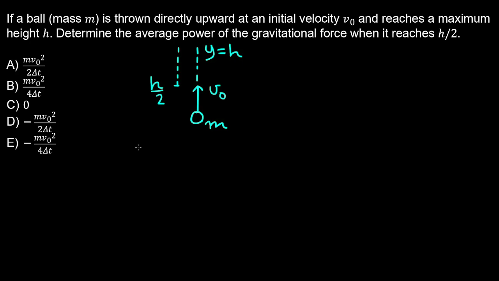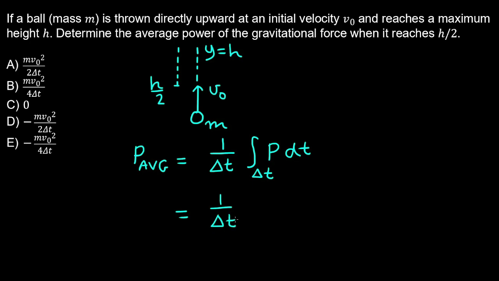We'll recall that an average quantity, using the mean value theorem, so here we have the average power, is equal to 1 on a change in time by the integral of the instantaneous power over time. And recall the instantaneous power is the rate of work, so we have 1 on delta t by the integral of the dW dt with respect to time,